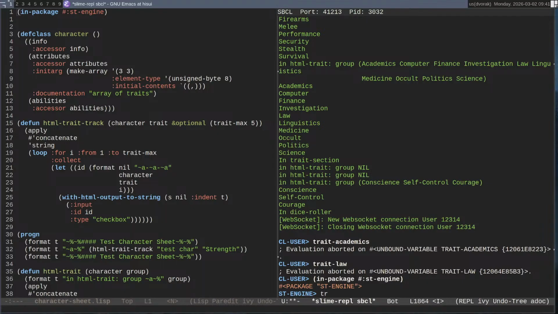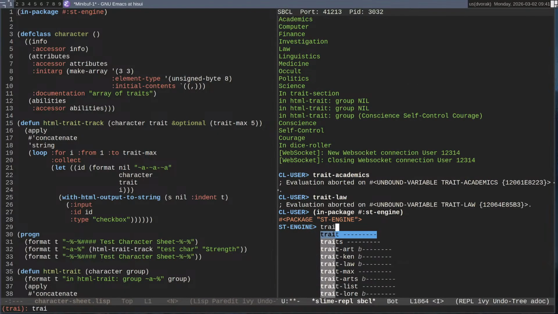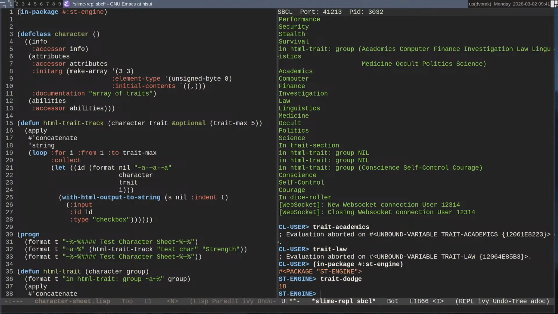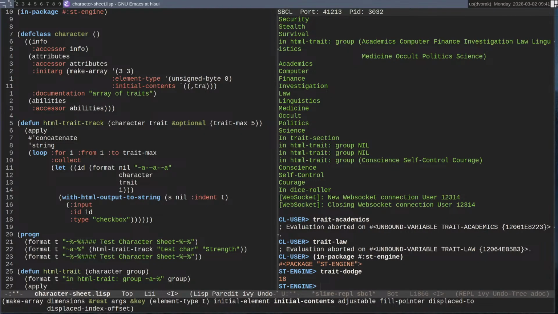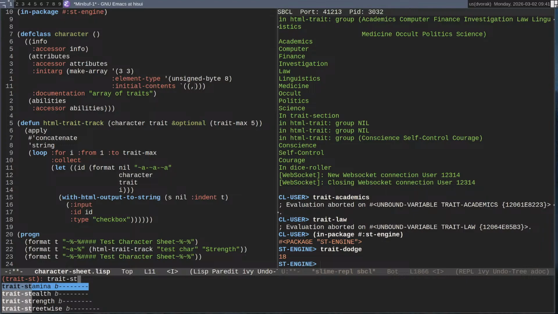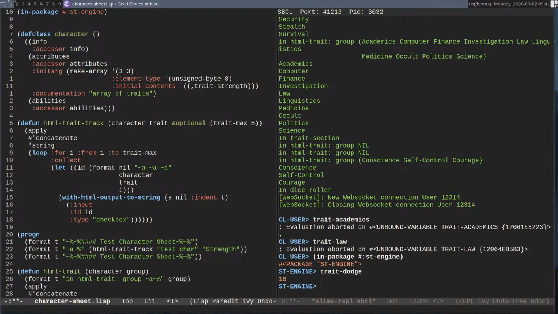Now, if I type trait, there are all of these traits in my list of known traits. Slime knows what they are. Trait dodge is the 18th one in the list. So because I want indices here, I can write trait strength.